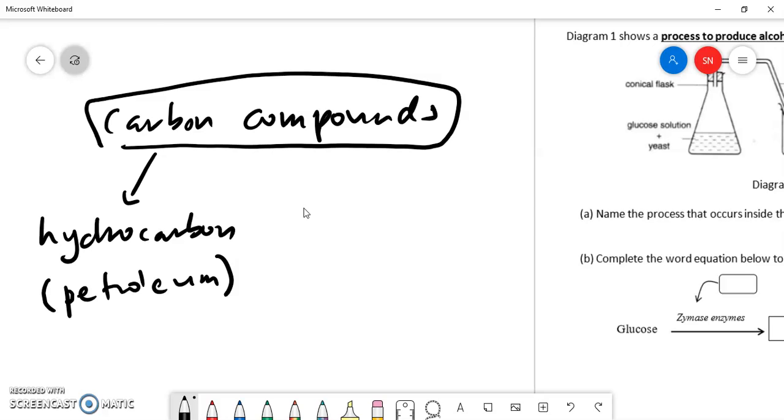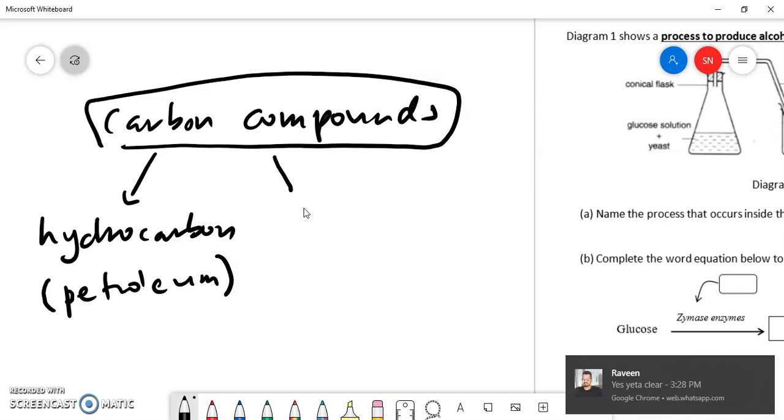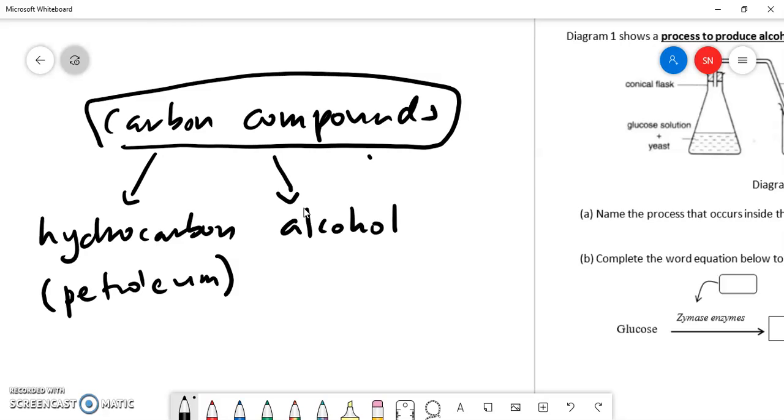All right, second video. Now another type of carbon compound which we are going to look at is alcohol, followed by, after this, esters. Our focus for this video is on alcohol, which is also a carbon compound but is not a hydrocarbon. As you know, a hydrocarbon contains only hydrogen and carbon, but alcohol on the other hand,